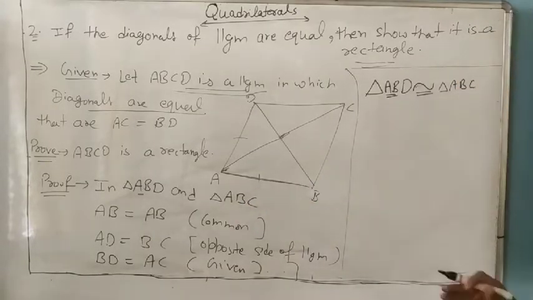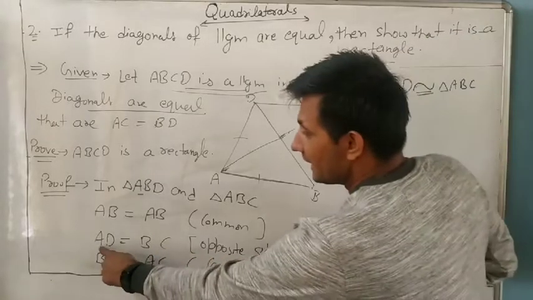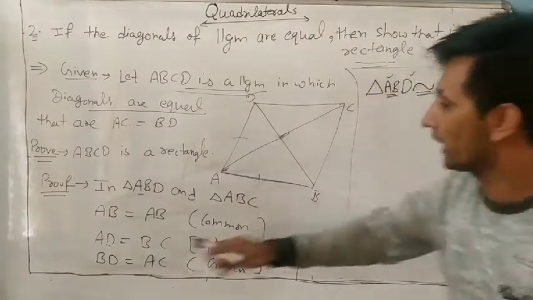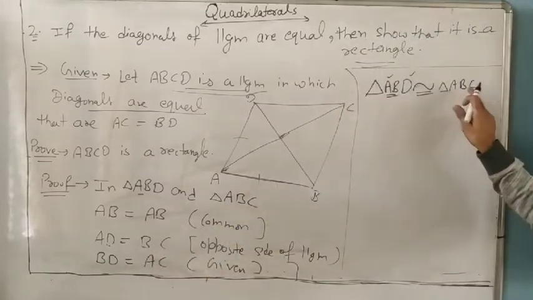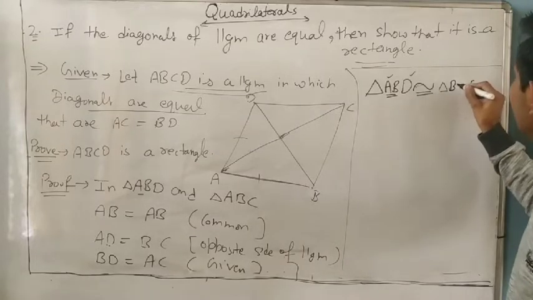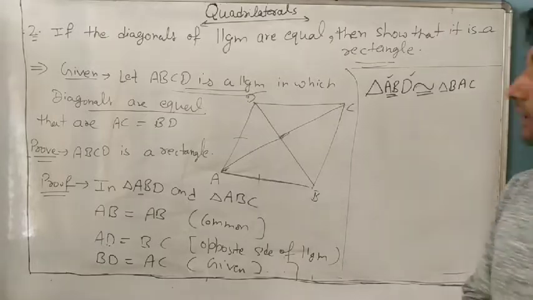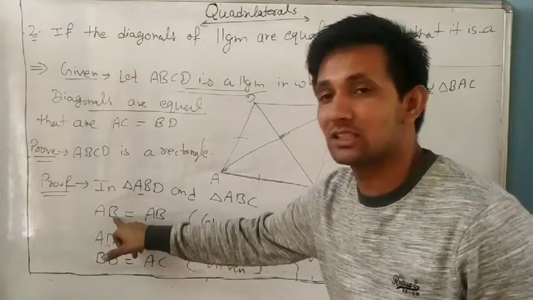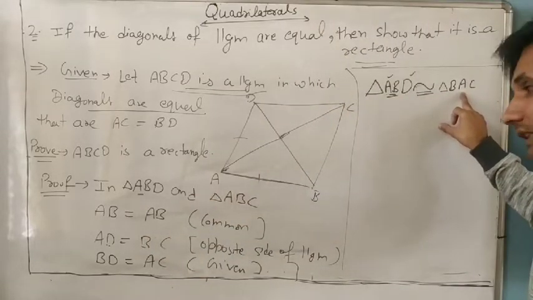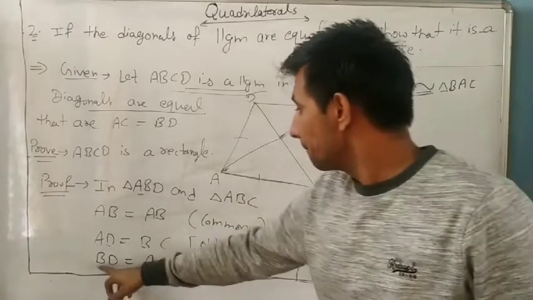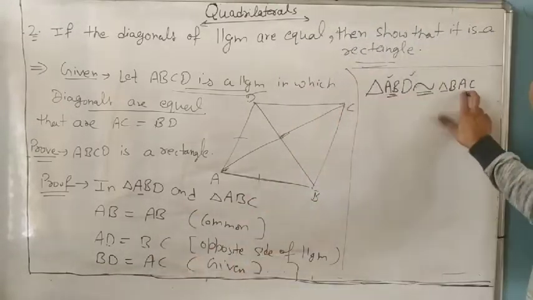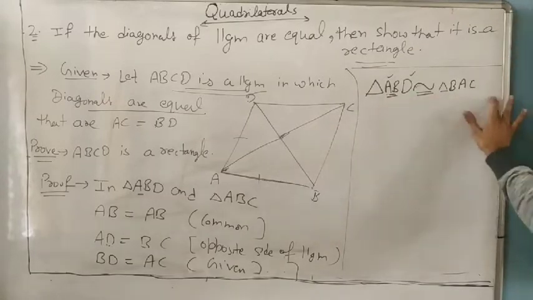And what remains? You can check its order also. AD equal to BC. AD is first and last, so here B and C are first and last. So it is not first and last, so we will write it as BA. Why? You can now check it. AB first two, AB first two. And BD last two; here AC is also last two. So now we will write in order.